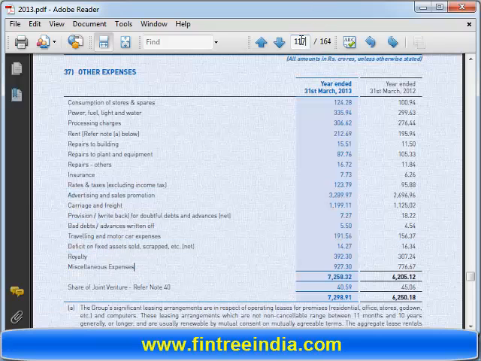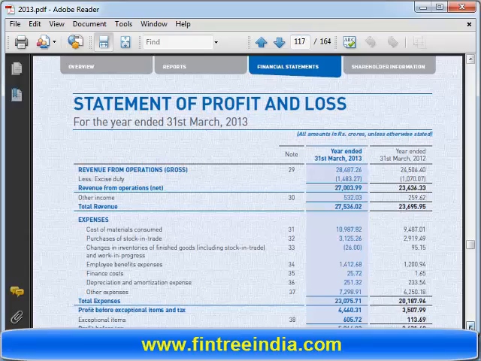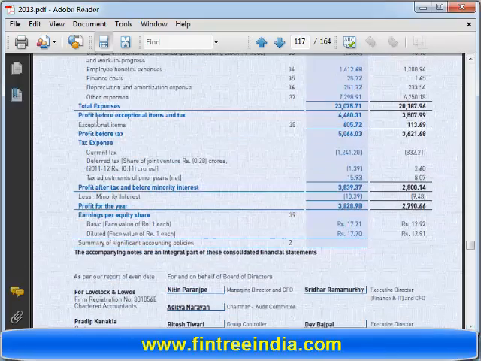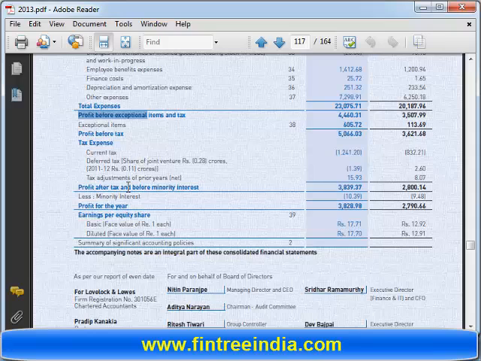Going back to the income statement again. These are your profits and these are your taxes, minority interest. We have earning per share, which is nothing but profit per share. Let us calculate net profit margin. Net profit margin for Hindustan Unilever: 3828.98,